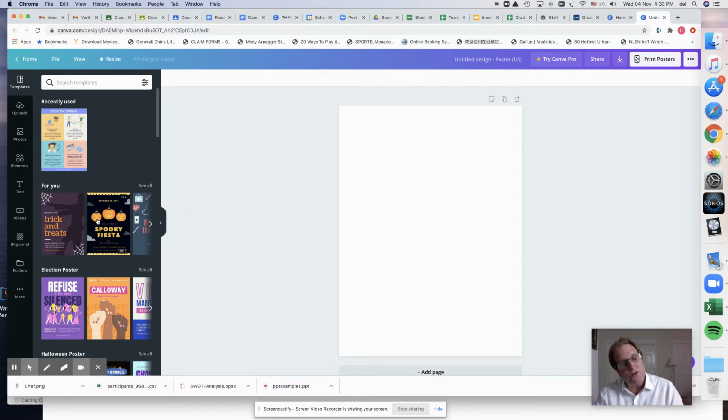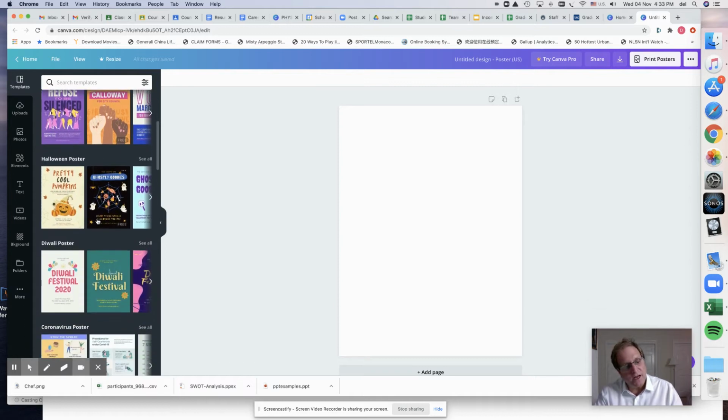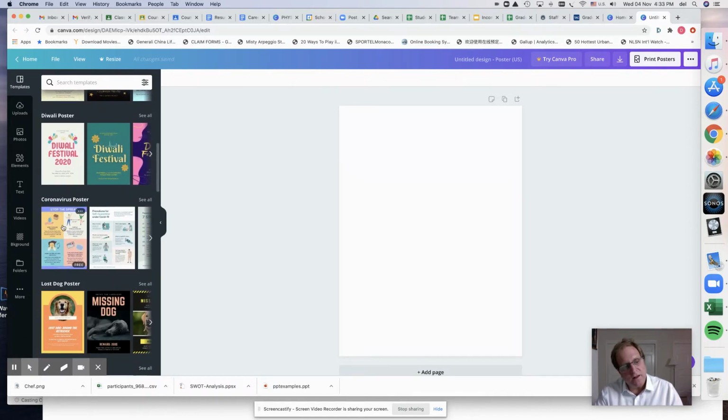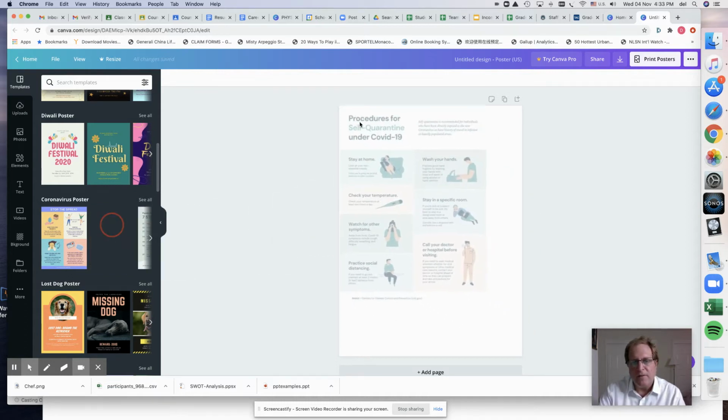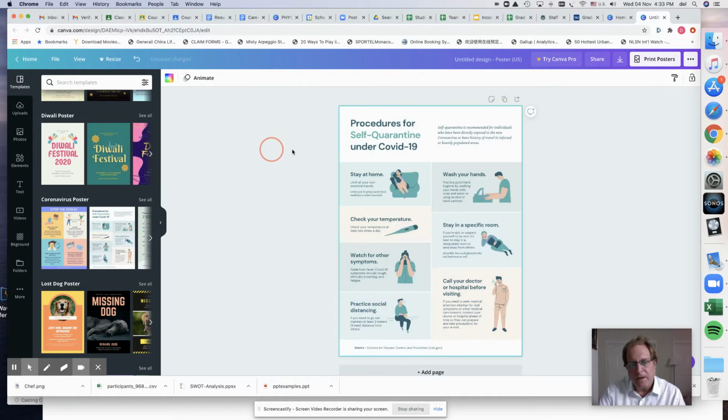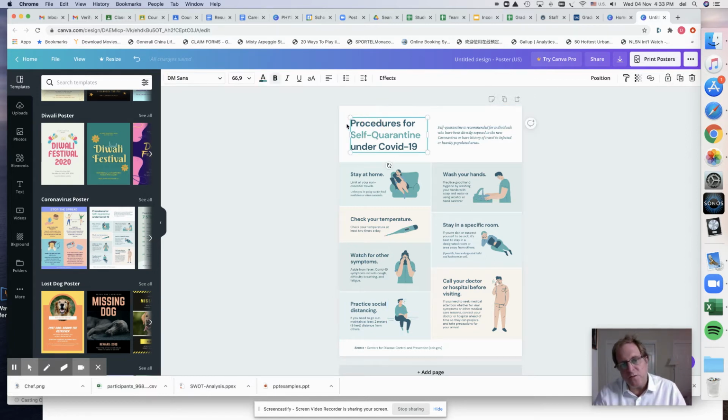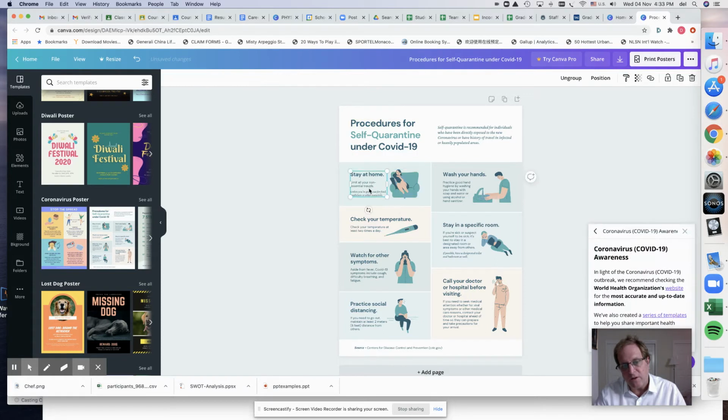One way is you can choose an existing design that you like. I kind of liked this one. This was a coronavirus poster. This one's pretty good too. Not that we're doing a coronavirus poster, but I like it because it has lots of information, and we can put in the different categories of the job description. So for example, once you bring this over, you can go into each of the little elements here